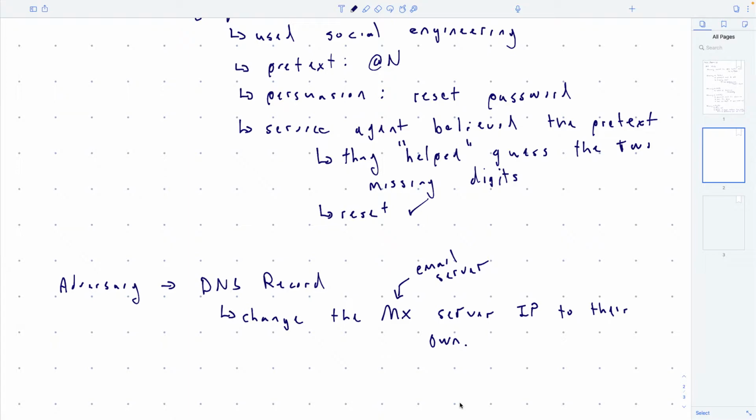Okay, then they go back to Twitter and reset the password, right? So not quite so fast. There's one problem here, small problem, which is once this change is made in DNS, how long does it take? Twitter has to learn that this is the new mail server, right? Because they're going to send the email to the new mail server. So the change has to propagate from GoDaddy to Twitter's DNS.